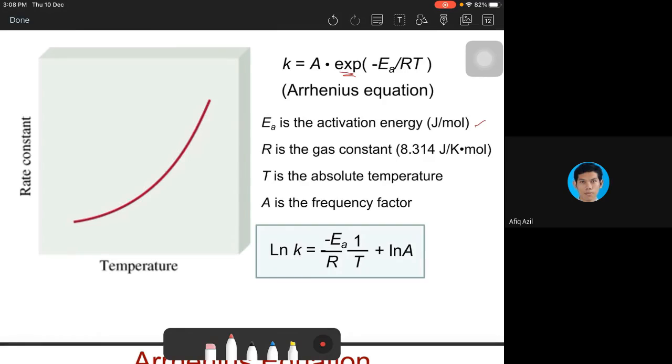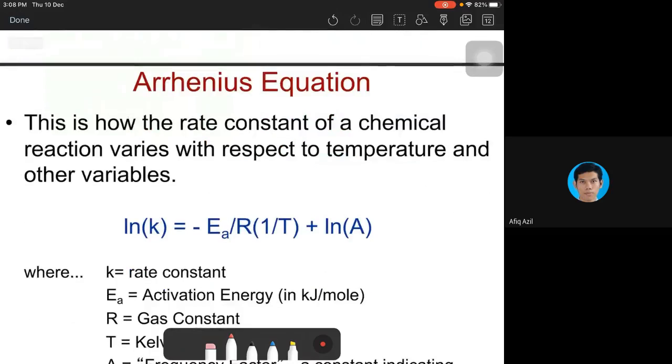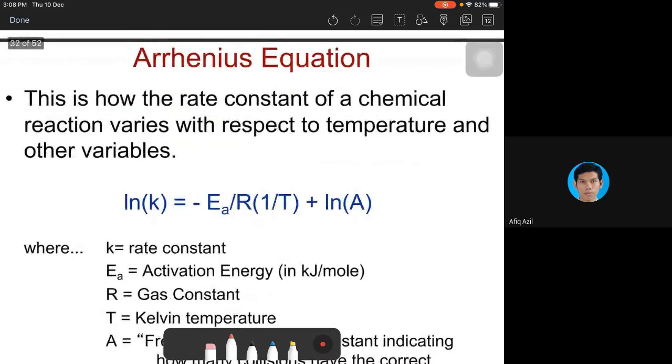Okay, and then R is the gas constant with this value of 8.314. T is the absolute temperature, and A is the frequency factor. So what is this frequency factor? So based on the Arrhenius equation above, this is how the rate constant of a chemical reaction varies with respect to temperature and also other